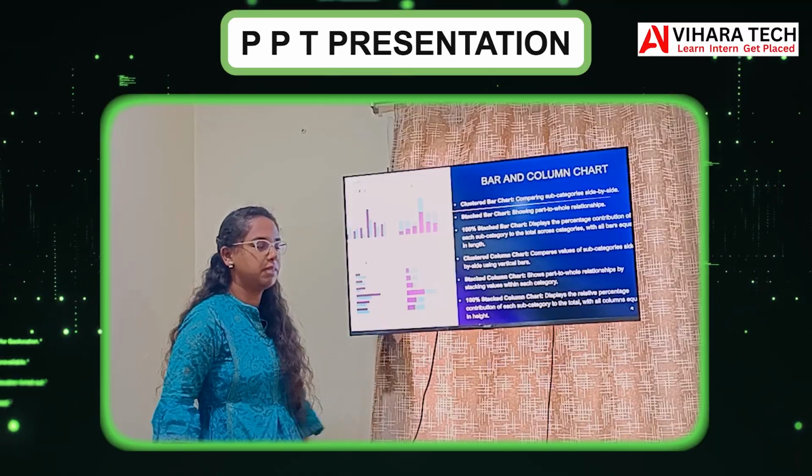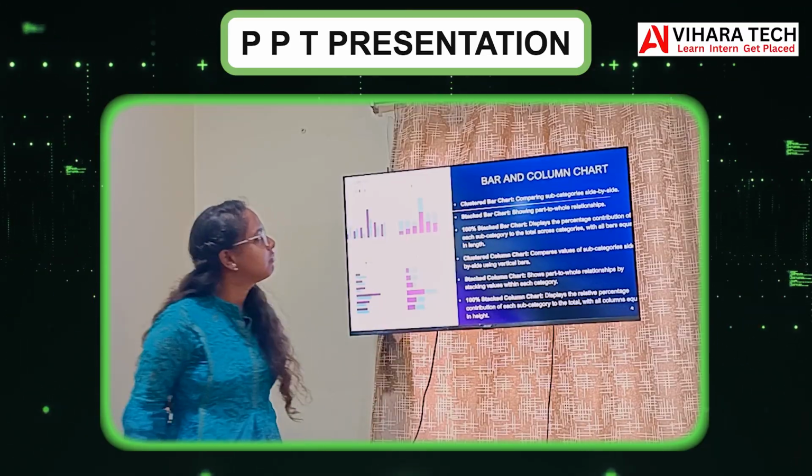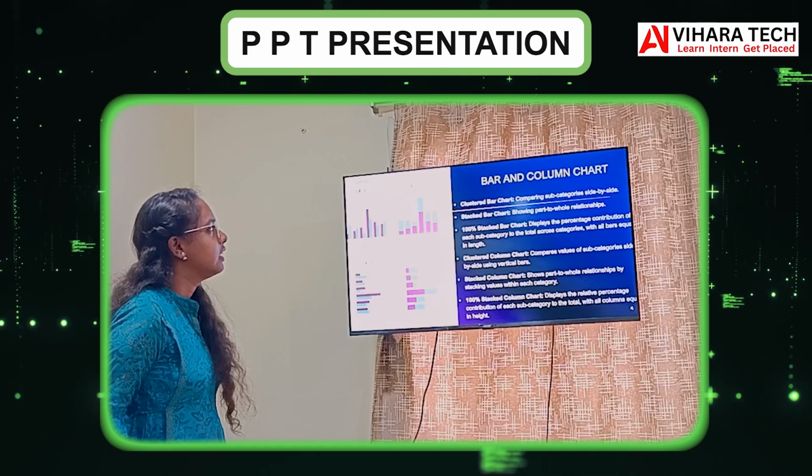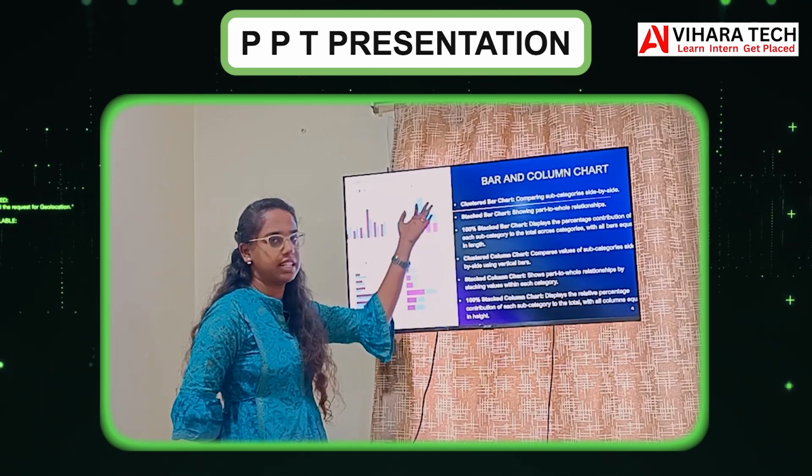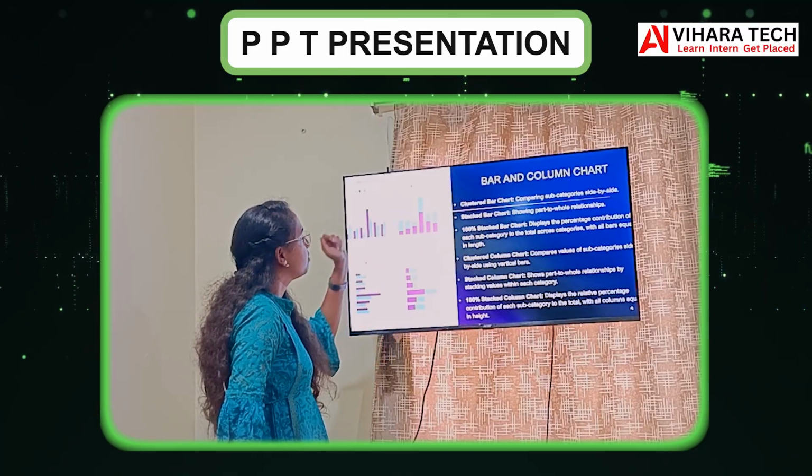We'll discuss bar and column charts. In bar and column charts there are types. Let's discuss the bar chart first. The bar chart is divided into two types: stacked bar chart and clustered bar chart. Stacked bar chart is